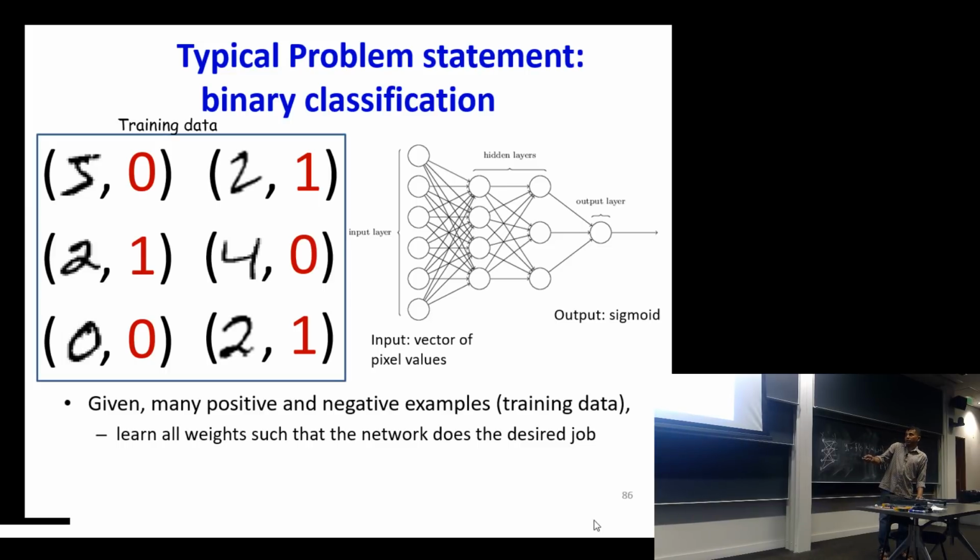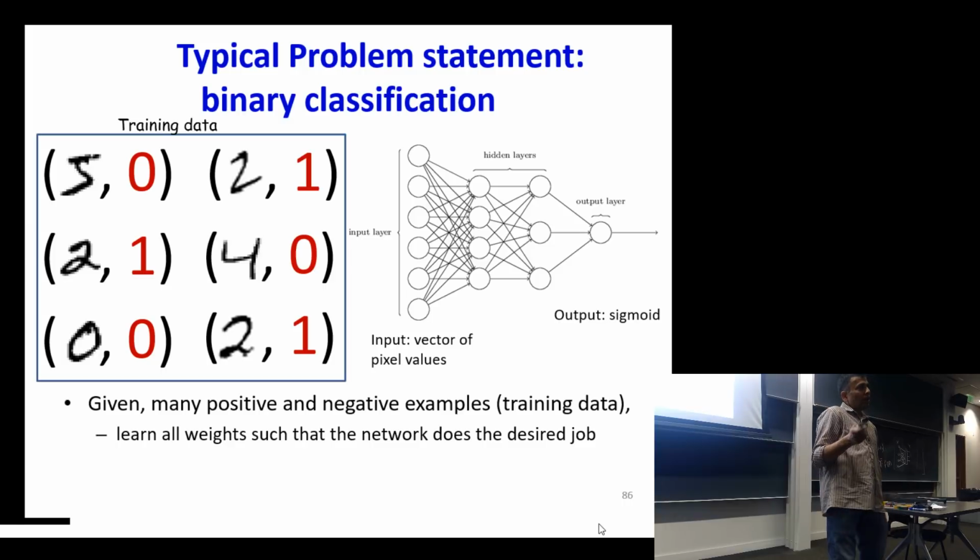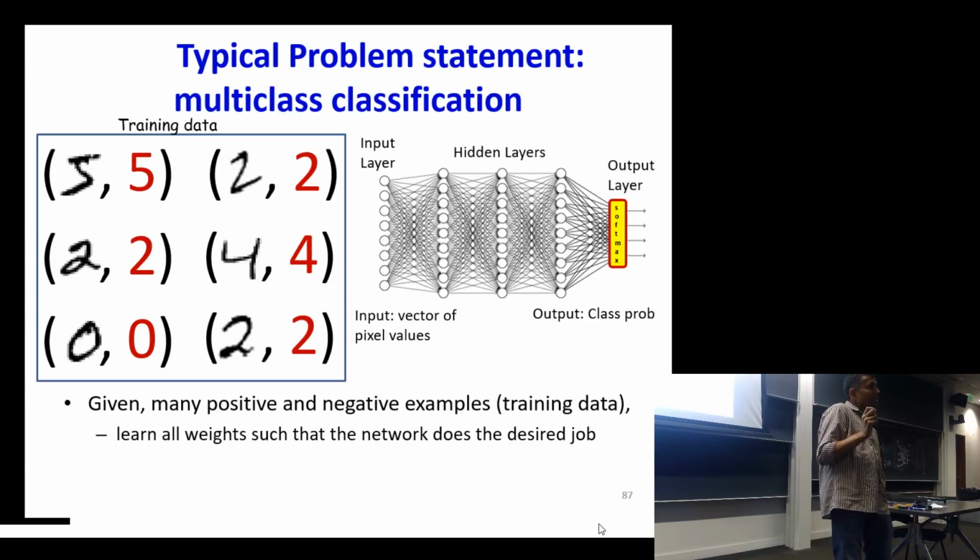The input-output pairs are going to be your pictures with black patches, and the labels will be what is shown in red. Yes, this is a 2. No, this is not a 2. So 5 is clearly not an image of 2, so the label is 0. This is an instance of 2, so the label is 1. This is not a 2, so this is 0. This is a 2, so the label is 1, and so on. And you'd have a network of this kind, where the output is going to be a signal from 0 to 1. If you had a multi-class classification, where you're trying to assign the actual value of the digit to the input,